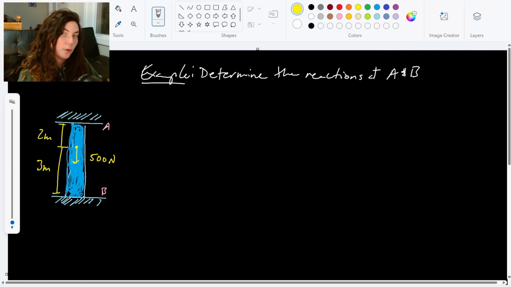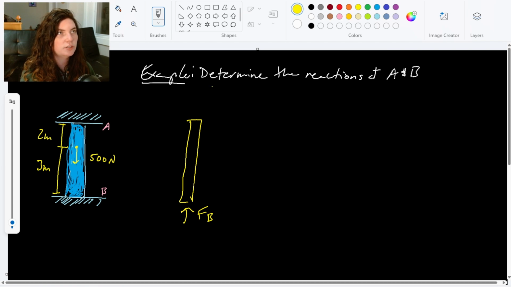So what we're going to do is go through those steps that we had looked at, right? We know it's statically indeterminate, mostly because it's stuck between two walls. But if we draw the free body diagram for this, I kind of just take the walls out. I've got that reaction from the wall at B, I've got a reaction from the wall at A, and then there's that 500 Newton applied load. So we can tell it's statically indeterminate, right? We have two unknowns, one equation,